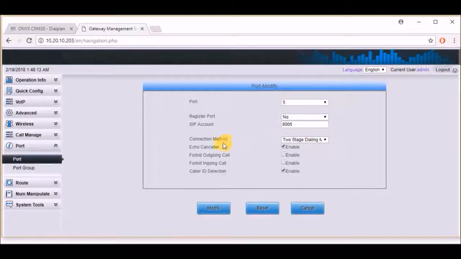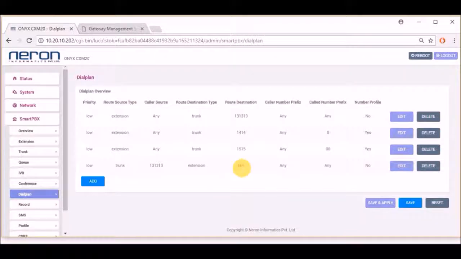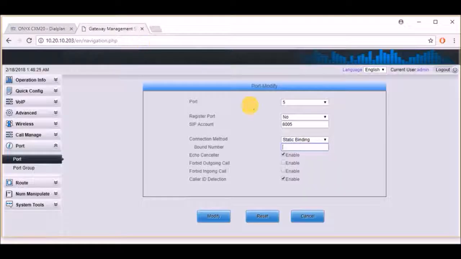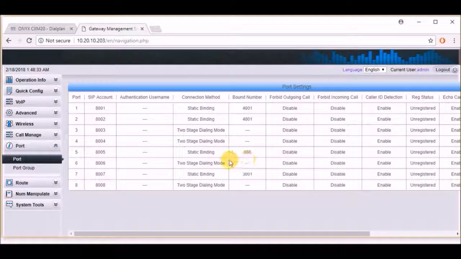Now as you can see, the connection method is 2-stage dialing, so we have to click on static binding. Bound number will be the queue number. As you can see, the queue number is 666, so we have to enter this number here and modify. Click on OK. It is done.